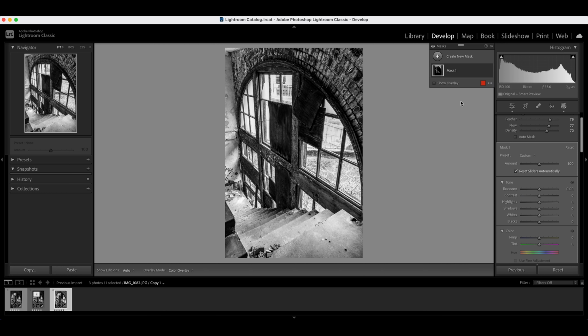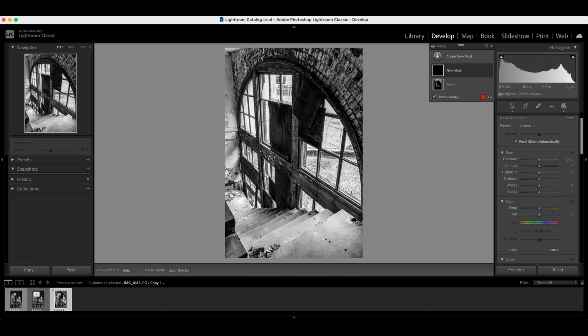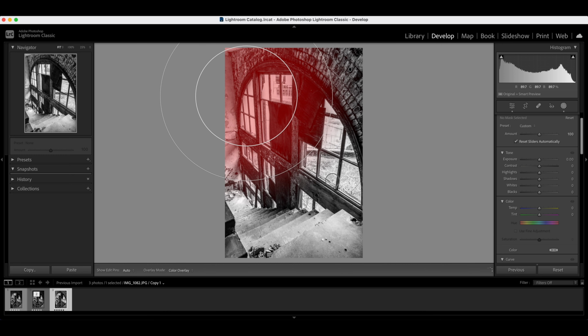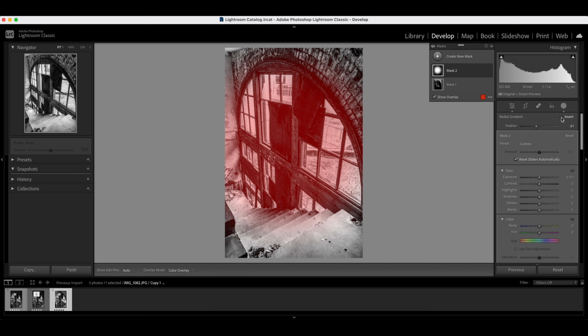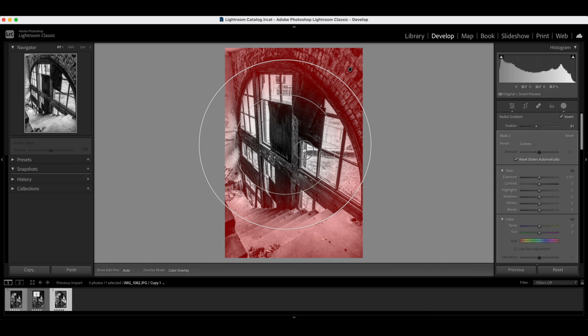Alright, I'm going to lay on another mask, so I'm going to go ahead and click the button next to create new mask. This time I want to do a radial gradient, and I really love the light that's coming in the arch of this window. That was the primary reason why I photographed it. So what I'm going to do with my mask is bring it out here first. I want to click on the invert,